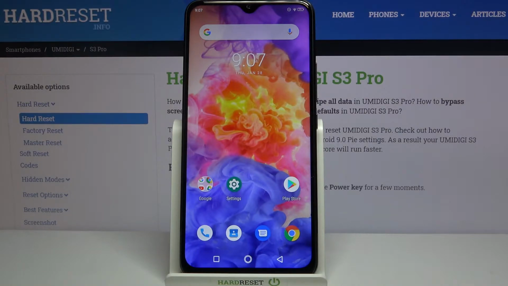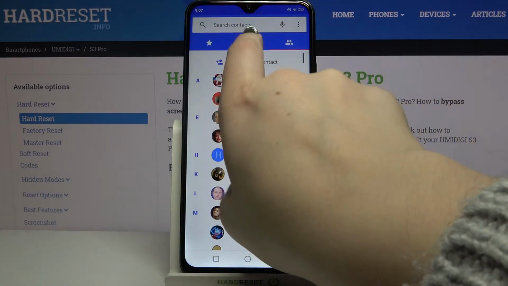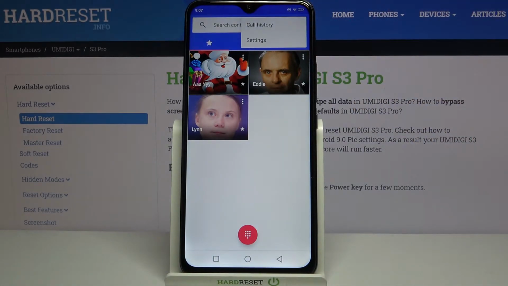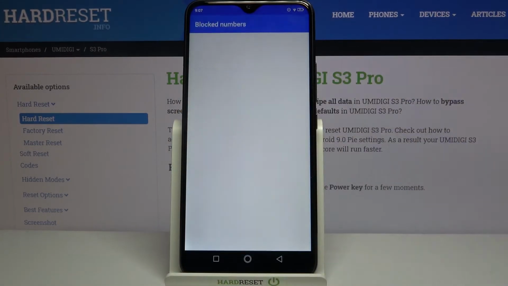Here we've got UMIDIGI S3 Pro, and let me share with you how to block a number on this device. So first of all, let's enter the dialer, and it doesn't really matter if you will be on your contacts, recents or favorites. All you have to do is simply tap on this three dots icon in the right upper corner and tap on the settings. Now let's tap on blocked numbers, and as you can see here, we've got our blacklist, which